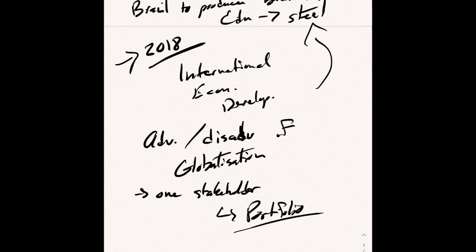So it is going to be a point form list of advantages and disadvantages of globalization. You're going to start there, and you're going to take into account at least the perspective of one stakeholder. First, it is this as a list, point form,